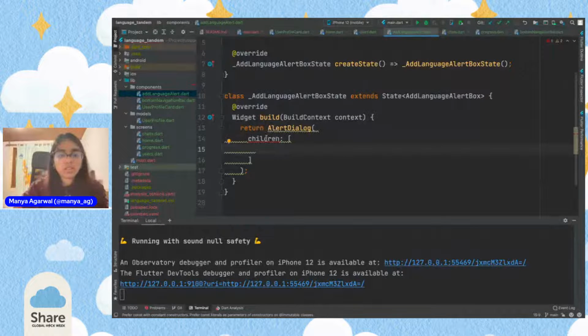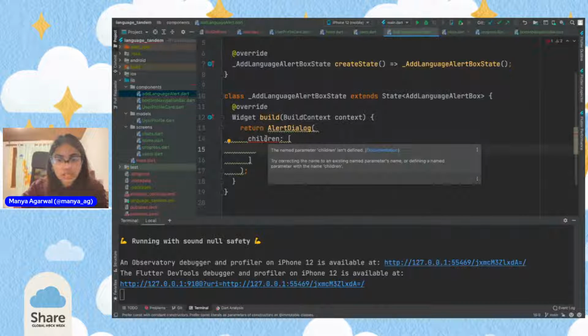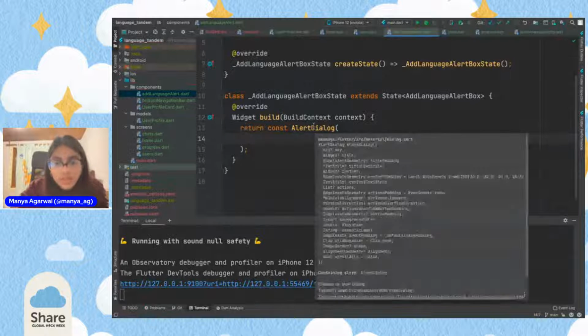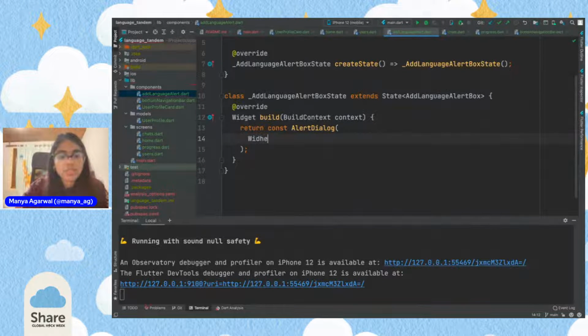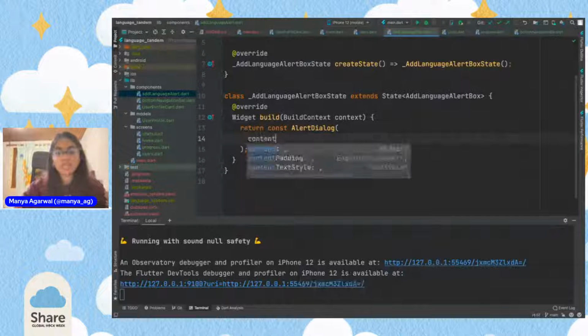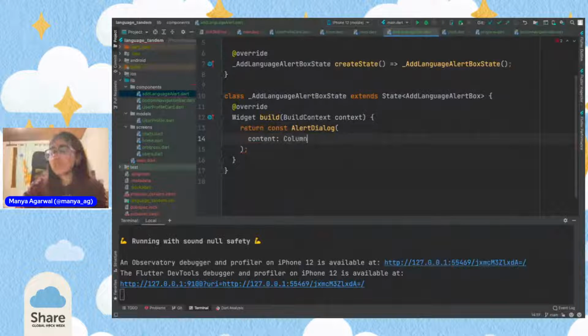And we can just take a child. Nope. It can only take a child, unfortunately. Oh, wait. Can't take any of those. Then what does it do? It takes a widget. No, that's a title. And then here we can see all the stuff that we can do and cannot do, right? So we see a widget just once, and then we see content. Content can be a widget. And here, since we need two things, as we can see here,